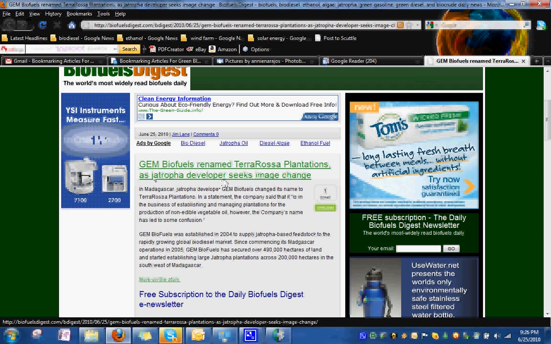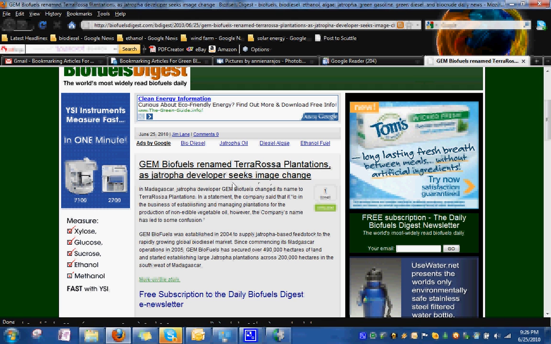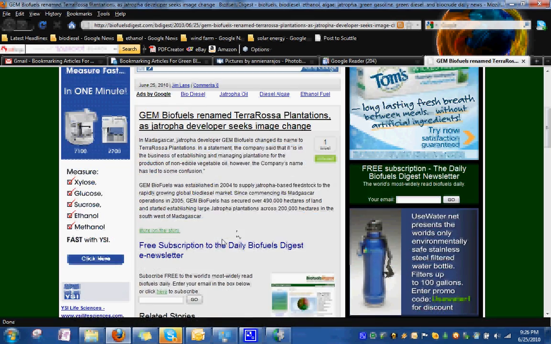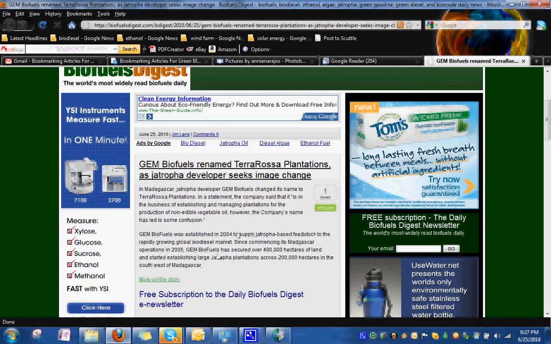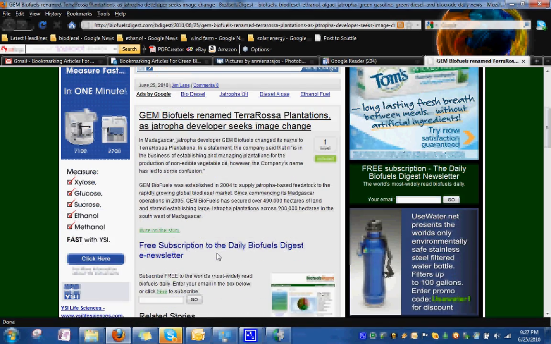So for example, this one, Gem Biofuels, renamed, Madagascar. Let's see if it's talking about biofuels. Yeah, it's talking about the plant of biofuels.